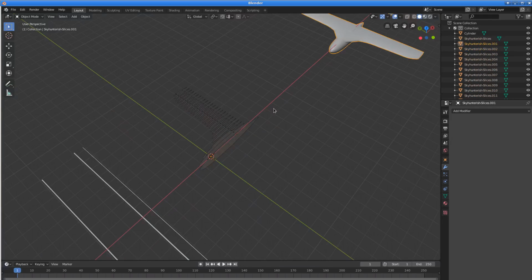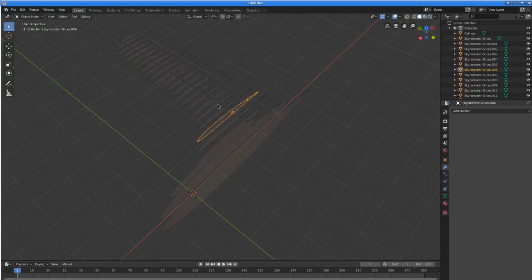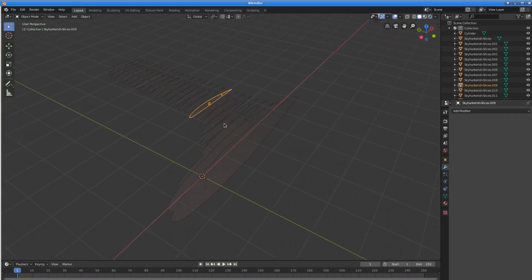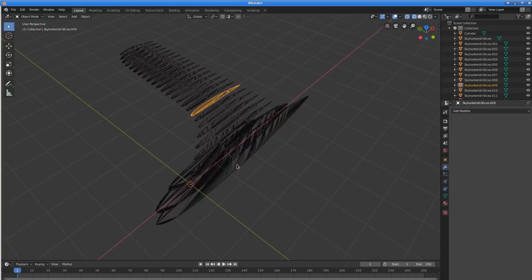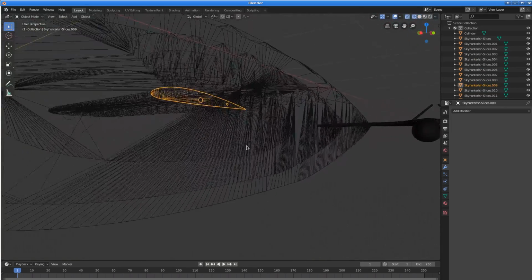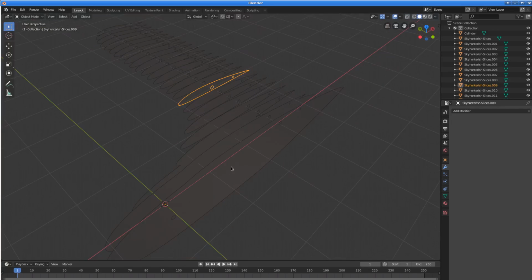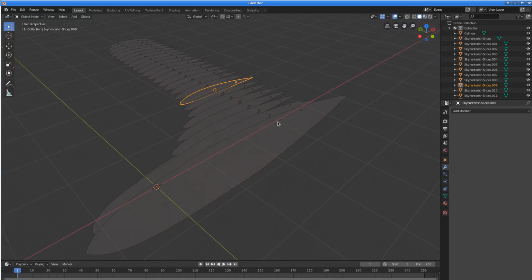Now you'll see that each one of these slices is its own object, and we needed to do that for the next step, which is to change these from being polygons. See how they're all polygons there? We want them to be just a single curve around the outside and around the perimeter of the circles, and